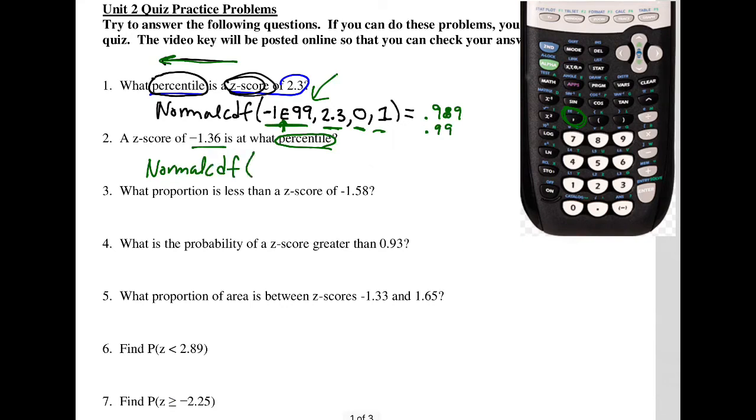And we know we're looking for a percentile, which is already the percent to the left. That is supposed to be a 1, but I'll do it over. So our lower bound's still negative infinity since we're talking about a percentile, which is already to the left. Our upper bound is the z-score, and then the mean and the standard deviation for a z-score. So that is approximately